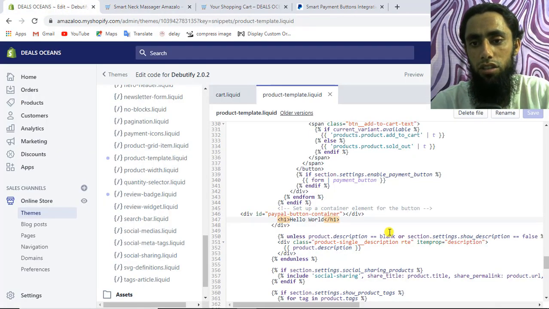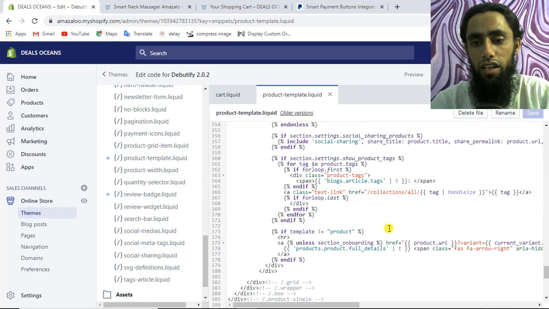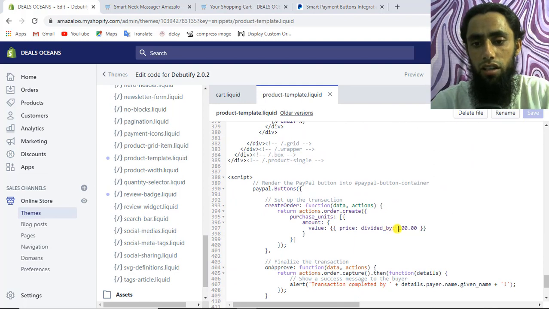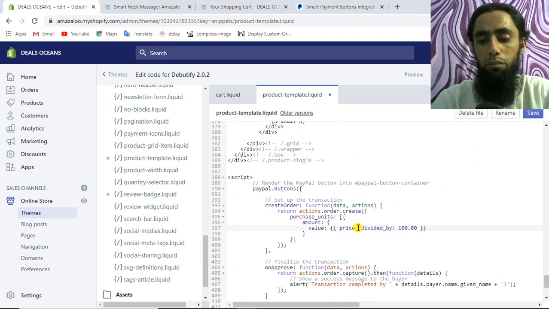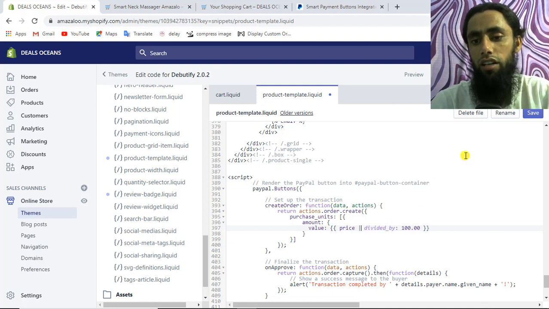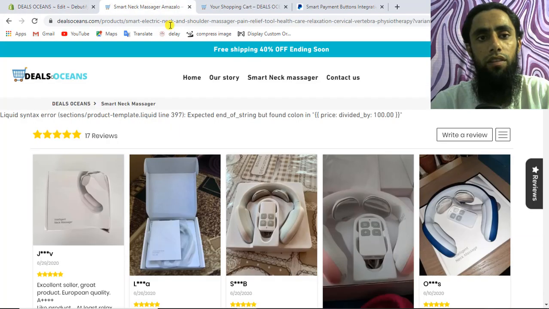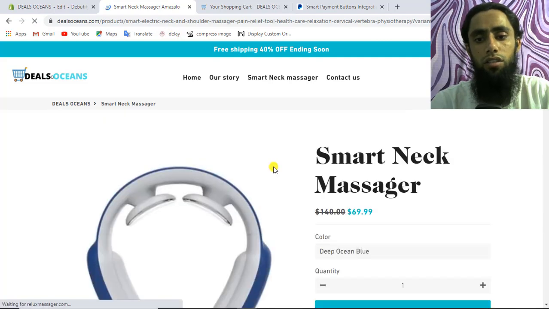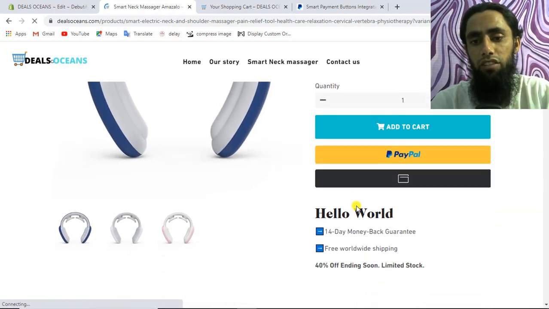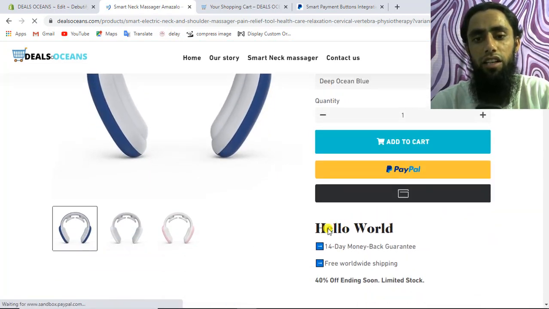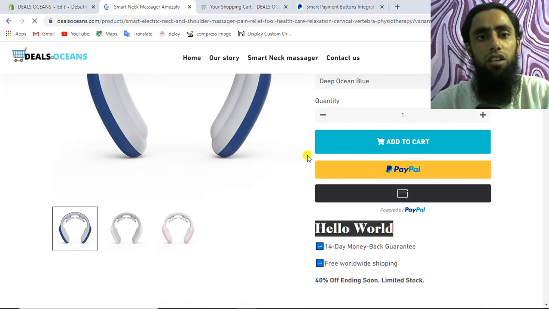The syntax error was that we have to write the pipe symbol here. All right, so let's see now. So now you can see that we have the hello world message here, right?